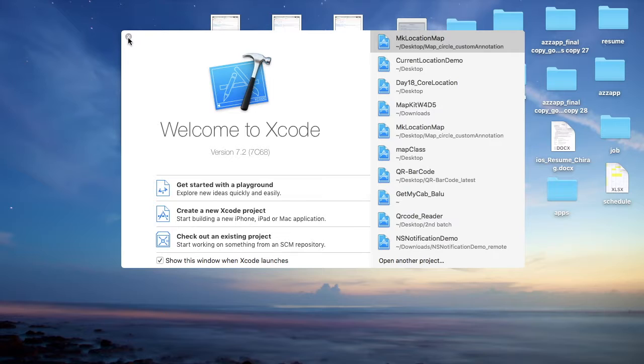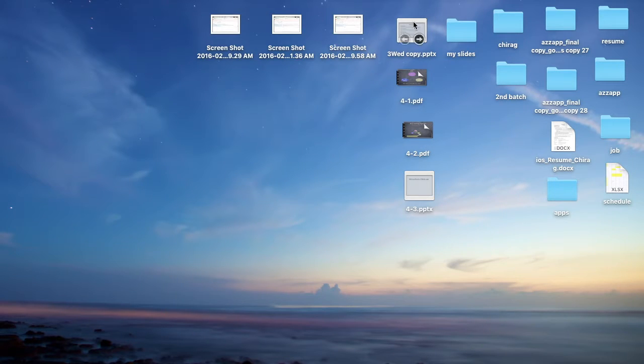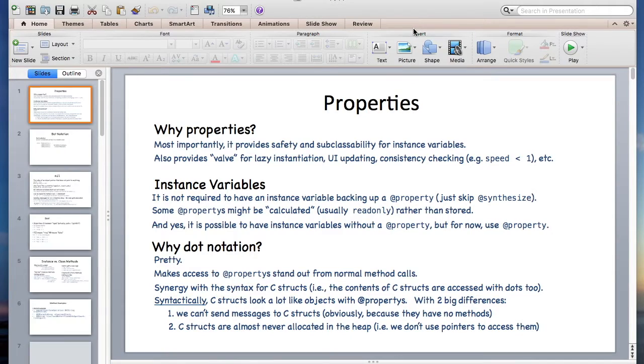So today we're gonna be doing session 3, and we're gonna be discussing more on the foundation framework. As I have said before, the foundation framework has all the classes, or you can say variables, that you're gonna be using in your iOS SDK, like NSString, NSArray, NSMutableArray, NSDictionary, and all